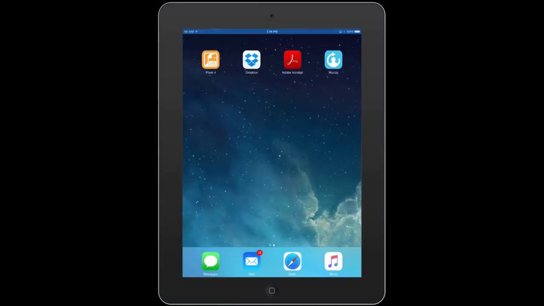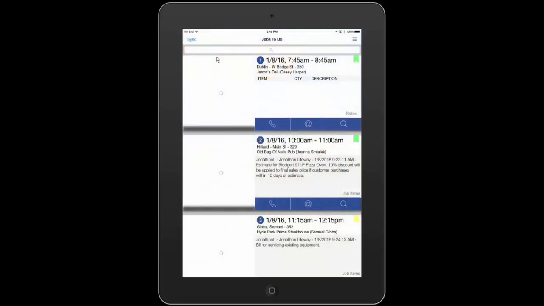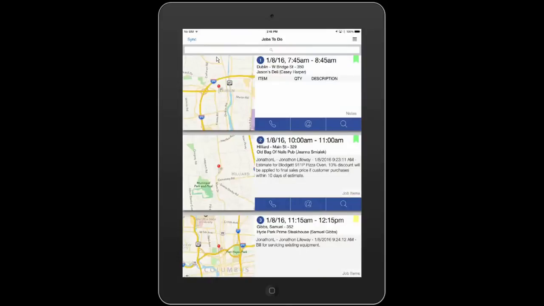Today we're going to go over iFleet 4 and how to use it. To start here, we'll go ahead and open the application by tapping it from our home screen. And you'll notice when iFleet first opens that it automatically goes through a synchronization. This is to make sure that your jobs to do screen or your jobs list is up to date